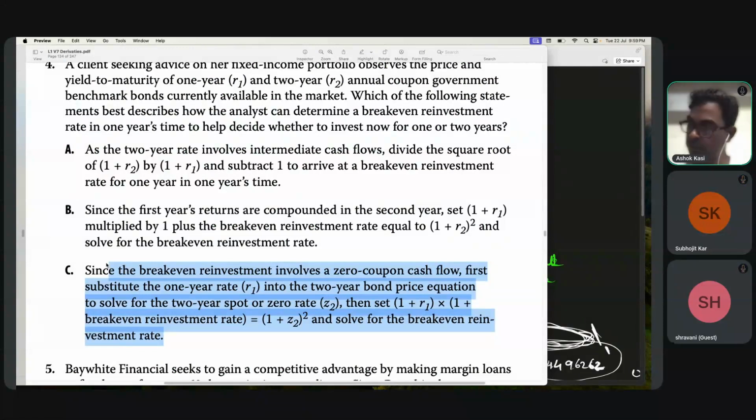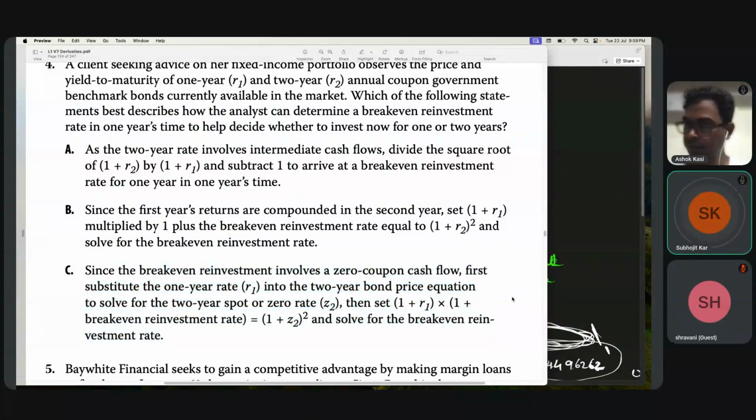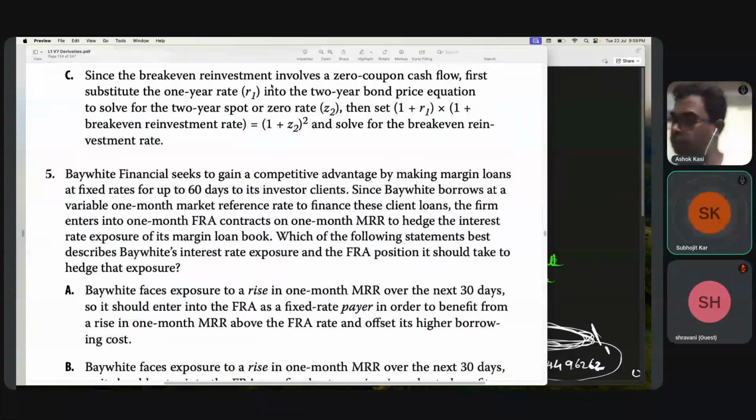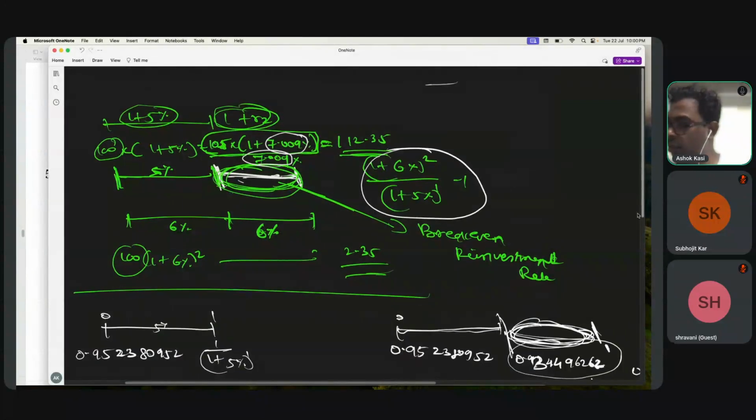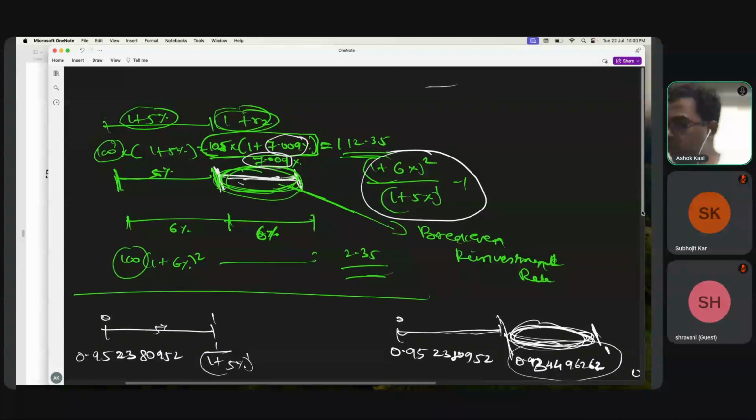So this is what they explained, like what we did here. They say, since the break-even reinvestment involves a zero coupon cash flow, first substitute 1 year into the 2-year bond price. So substitute 1 year into the 2-year bond price equation to solve the 2-year spot rate. Then set 1 plus R1 into 1 plus break even is equal to. So here also they are